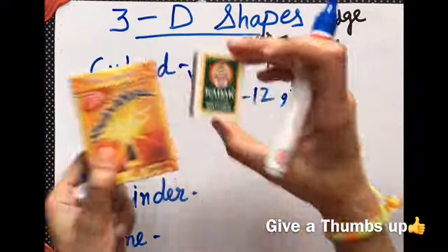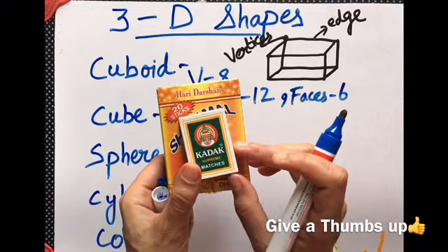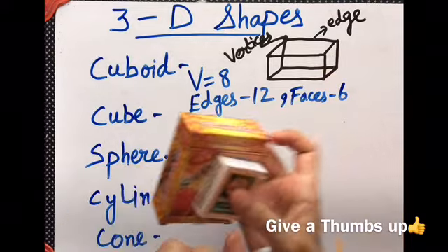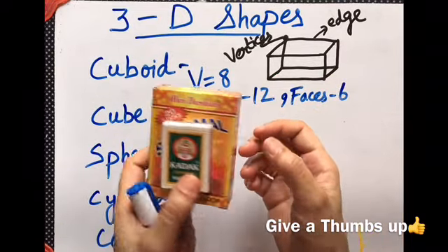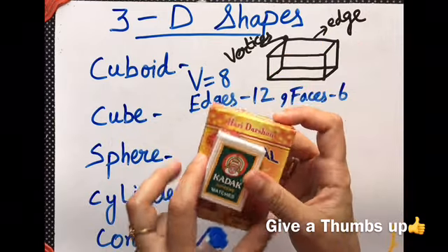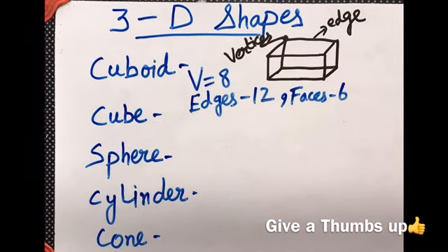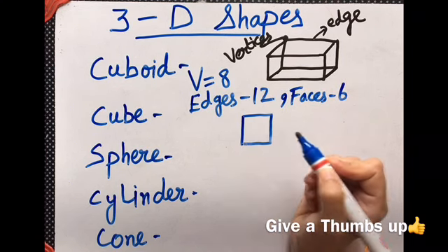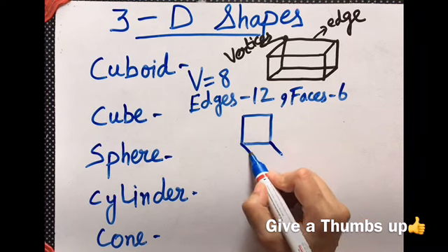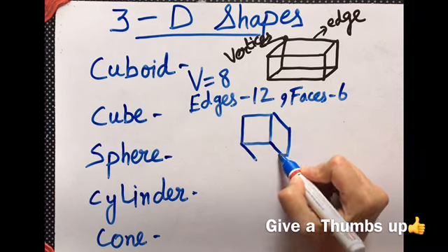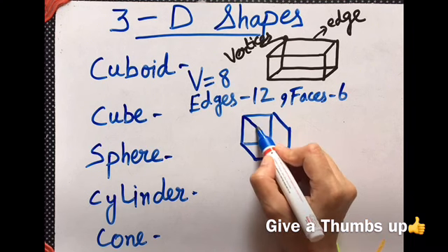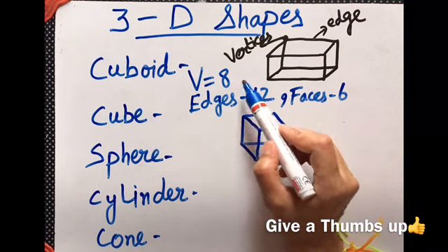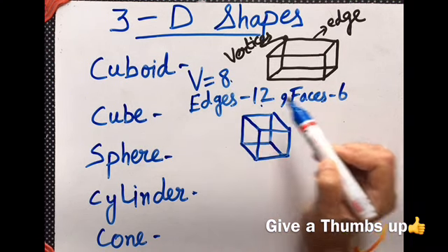Fine. So you can do this activity at your home also. You can easily find any boxes of the shape of this cuboid and you can count their faces, edges and vertices. In the case of the cuboid we are taking the rectangle, but if we take the square where all sides are equal, that will make a cube. You can easily find these boxes at your home also. Fine. If you calculate the same, this cube also has 8 vertices, 12 edges and 6 faces.